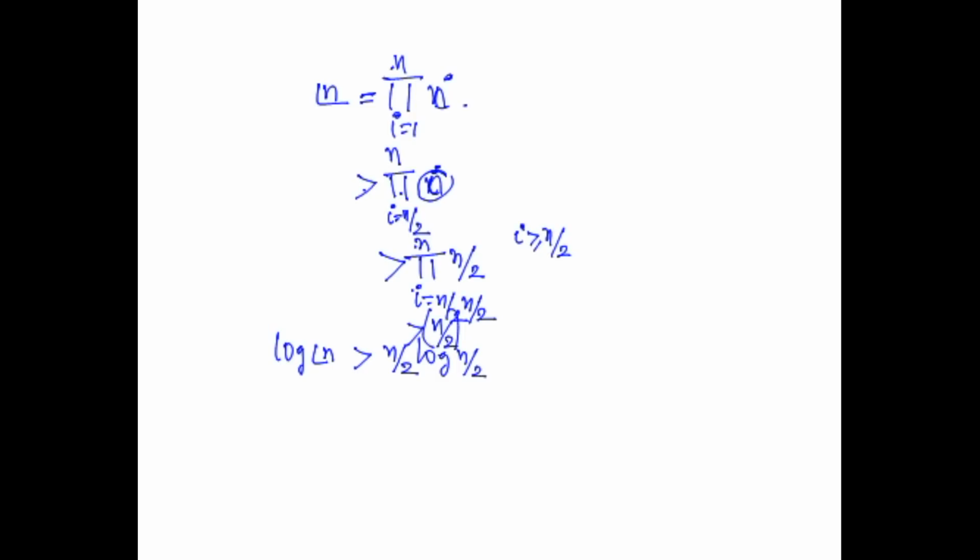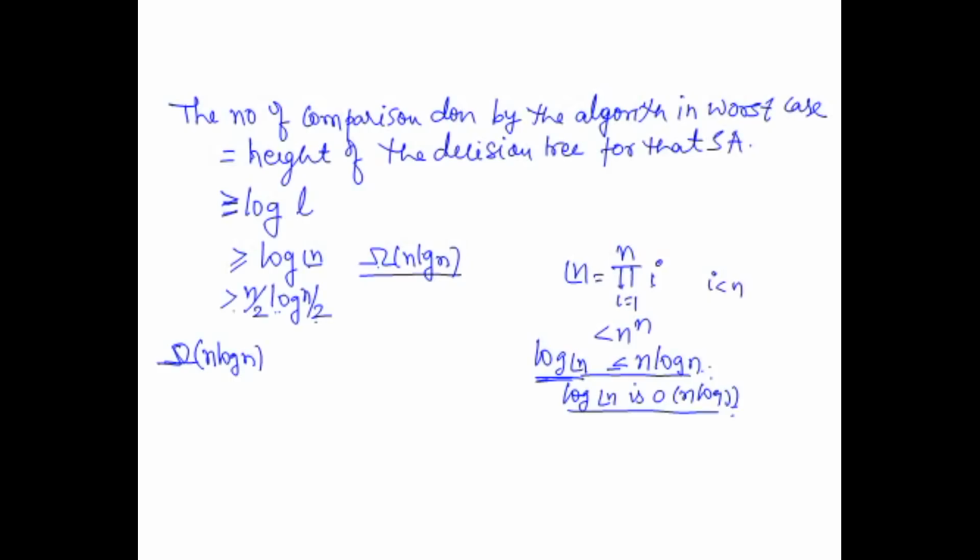Okay, so this is precisely what was required. This completes the proof that for any comparison based sorting algorithm, the lower bound is omega of n log n. So in this video we have seen that any comparison based sorting algorithm requires n log n comparisons. So the randomized quicksort and the merge sort algorithms that we have already seen are in that sense optimum sorting algorithms. In one of the next videos we are going to see heap sort, which will also be optimum in the sense that it will also sort the given sequence of numbers in n log n comparisons.